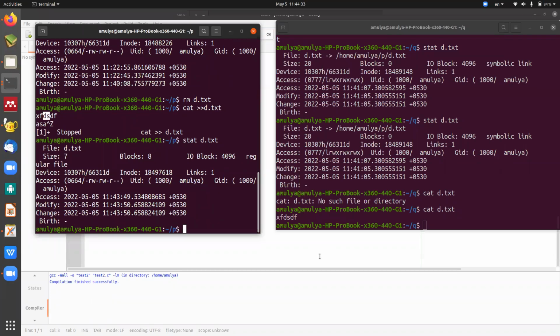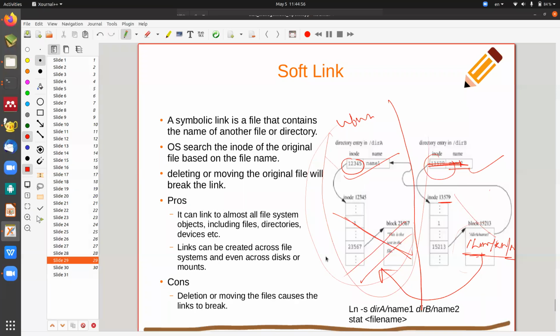Did you understand? What is a hard link and soft link? In case of hard link it is only referring with the same inode, but in case of soft link it is not. And why did we move from hard link to soft link? Because different file systems cannot share a file with the help of a hard link. Yes, that is the issue. So this is basically the directory structure. This is a very important topic.